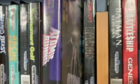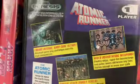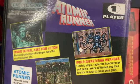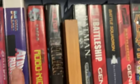Atomic Runner. Keep running. It's literally a run and gun. You just got to keep running. Don't stop. And that can be kind of hard because the screen auto scrolls as you move, and your jumps are ridiculously high. And he's a very acrobatic dude, and it's fun. But